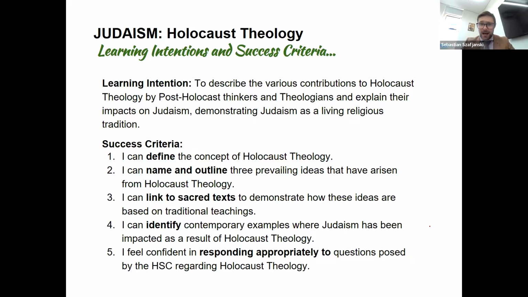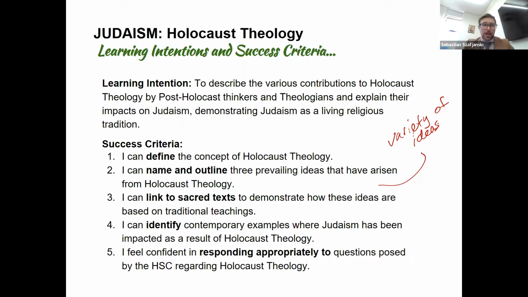Then you can name and outline at least 3 prevailing ideas that have arisen from Holocaust theology. Now, it's really important to understand that there is a variety of ideas that occur and arise from the Holocaust. Today, we're going to be looking at 3 ideas that were quite big when they were first spoken about, and some may have changed, some may have influenced other ideas, and we'll look at that as we go into our